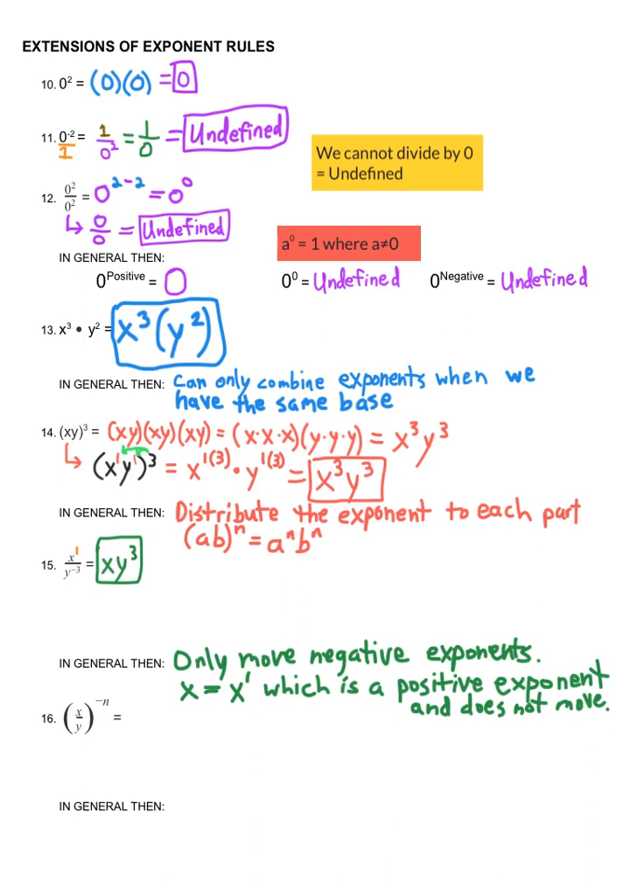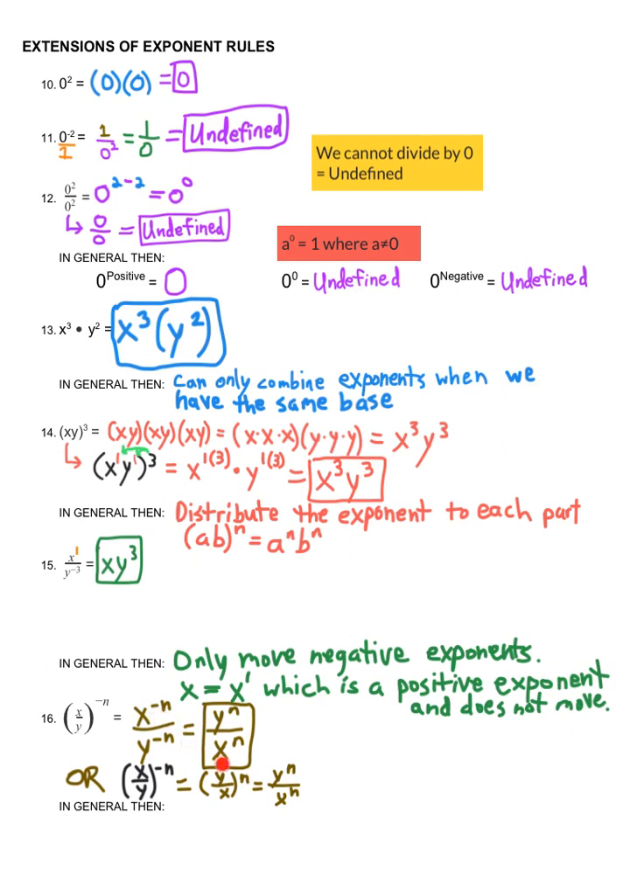If you haven't done so already, try number 16, which is parentheses x over y, parentheses to the power of negative n. Otherwise, this is what you'll get. Y to the power of n over x to the power of n. You can distribute the negative n to the top and bottom. So I have x to the negative n over y to the negative n. The negative exponent moves it to the opposite side of the division sign,